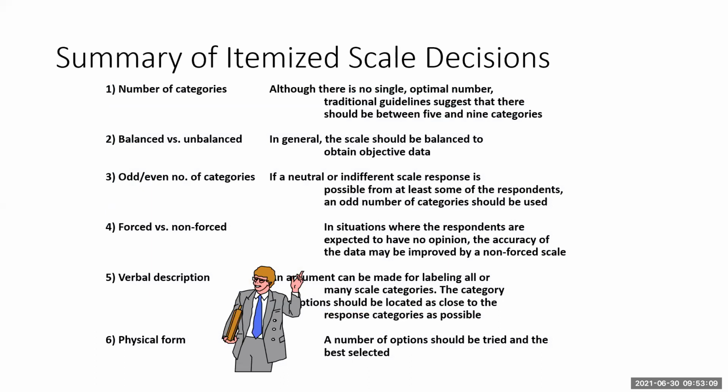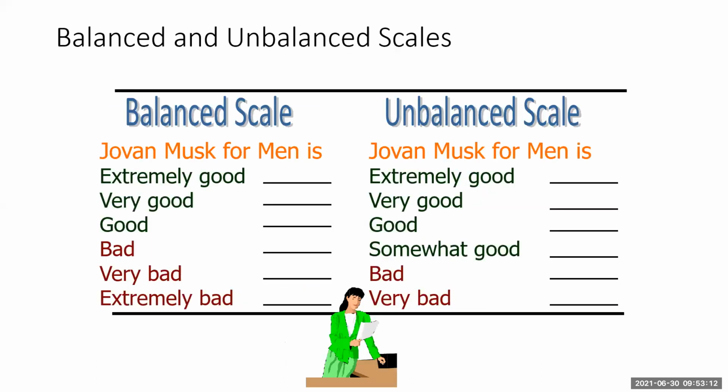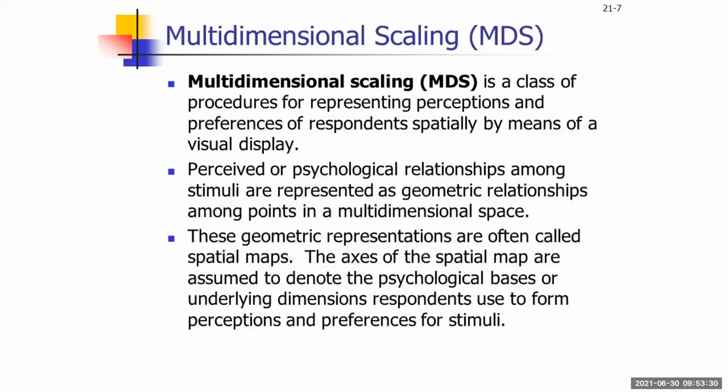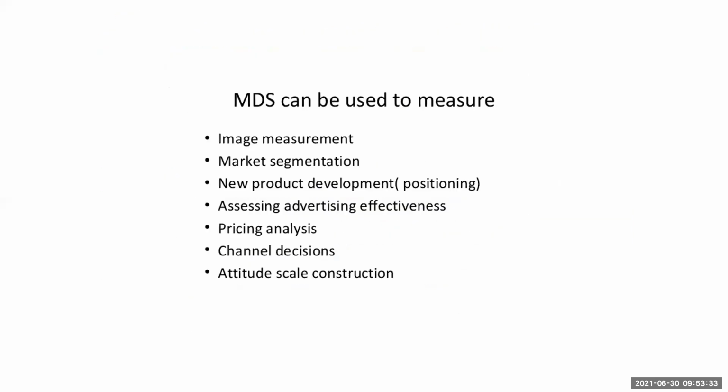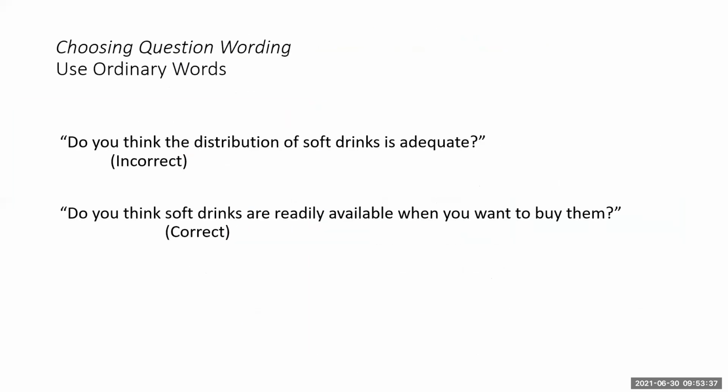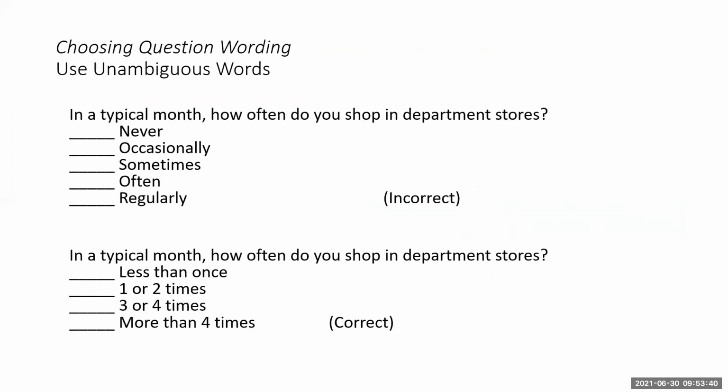When you are developing the questions, mostly if there is a balanced scale, it is better, because then people have the option to answer with an equal number of options given. Graphical presentation of the questions can also be done. You can also use smileys wherever required, depending on the type of respondents you're talking to. You should use ordinary words so that there is no misinterpretation. Don't use ambiguous words; use unambiguous words.